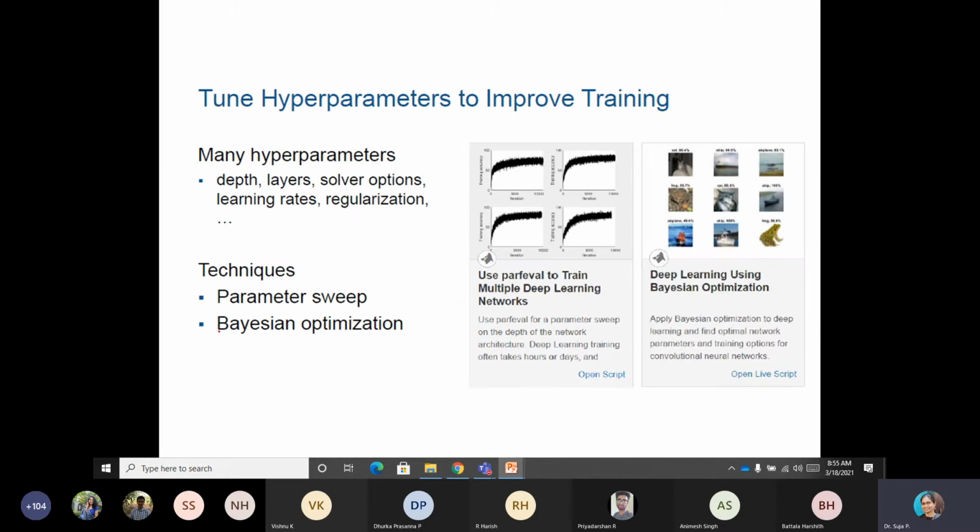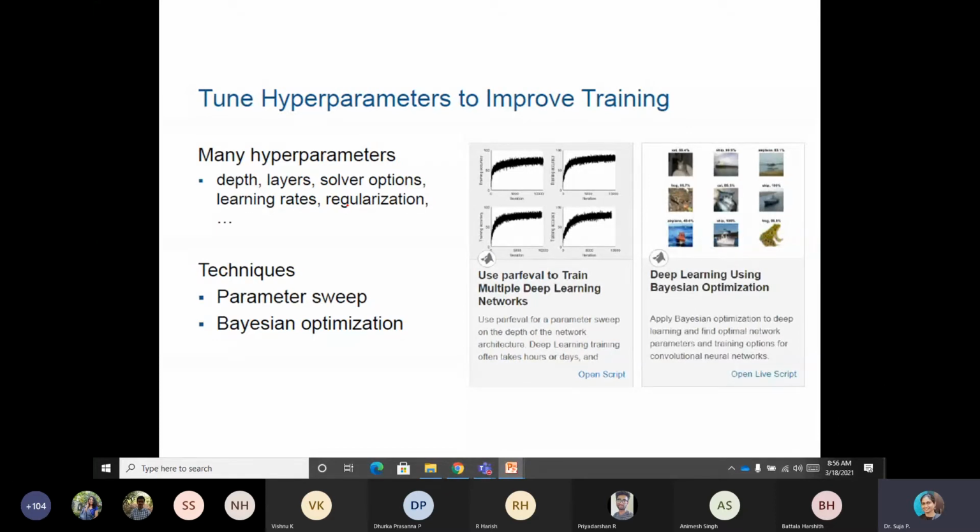And then these are the hyperparameters that can be tuned. So the hyperparameters are the depth, that means how many levels and the number of layers, how many neurons in each level you have, and then solver options. That means gradient descent or mini batch, ADAM or RMS prop, the error measure, RMS, what is that?